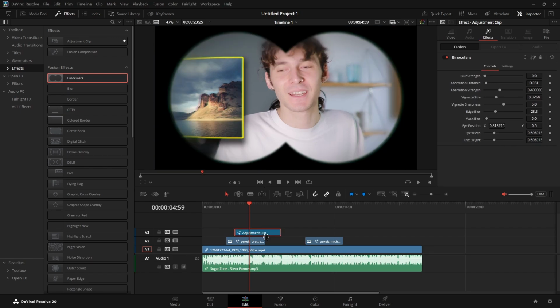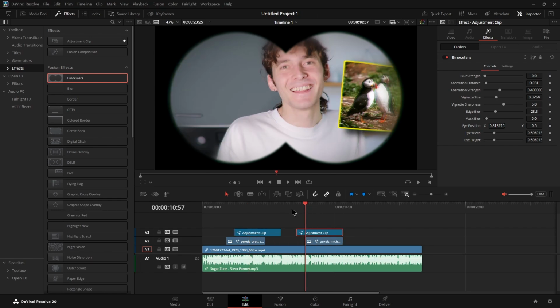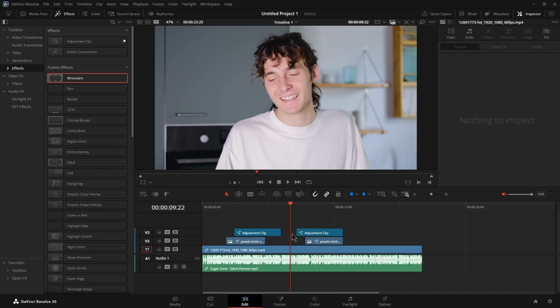image automatically. If you want to duplicate this adjustment clip, then for that hold Alt key on your keyboard and duplicate it like this, and then the effect will be here too. But if I go here, you can see there is no adjustment clip here, that's why the binoculars effect is